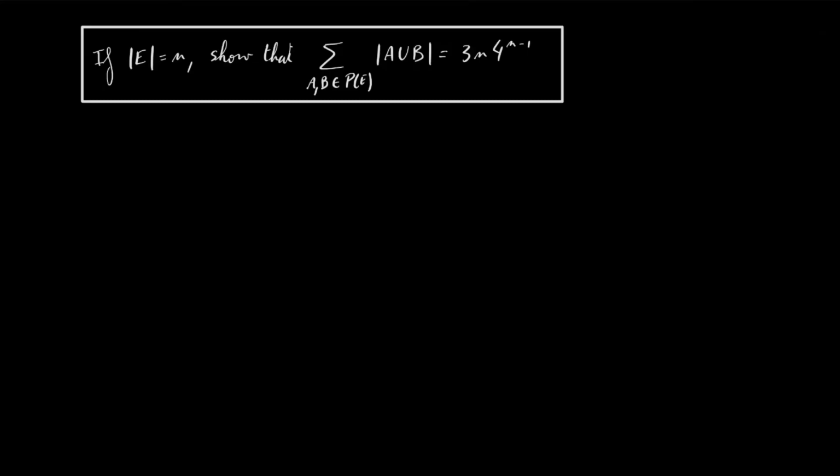Let's assume that E is a set of cardinality n, which means that it has n members. We would like to show that the sum, among all subsets A and B of E, of the cardinality of the union of A and B, is equal to 3n multiplied by 4 to the power of n minus 1. So to start with this problem, and to give a quick reminder to those that might not know